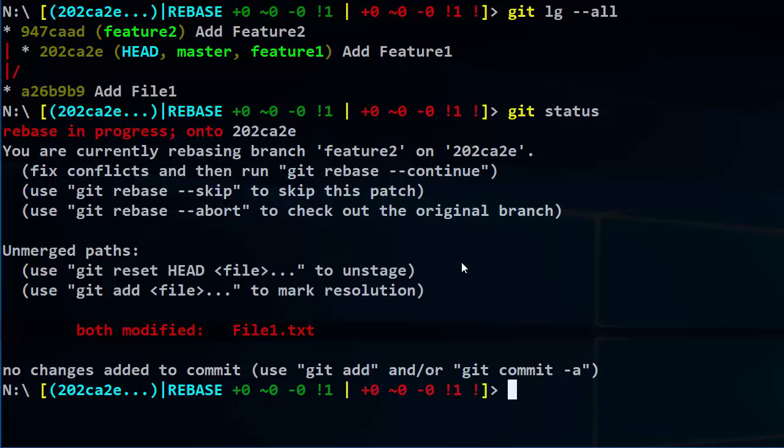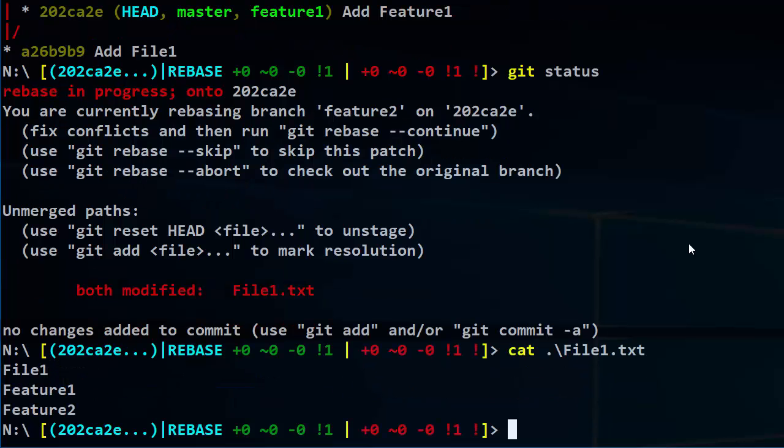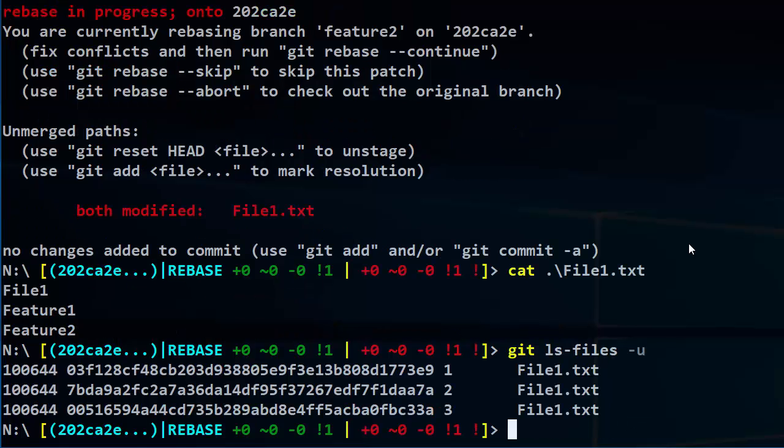And then we have very similar output to the output we had when we were resolving the merge conflict the first time round. So a couple of things here. First, I just proved to you that file 1 has been resolved using that recorded resolution, so you can see that it's already been fixed up the way that it was previously. Second thing is I'm just going to show you an alternative syntax for looking at those unmerged files. So I used the cat file syntax to dump out the copy of the 3 versions of file 1 here,